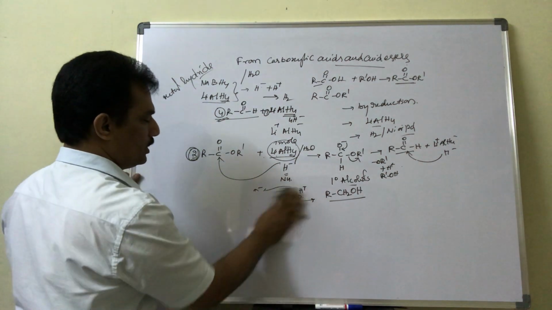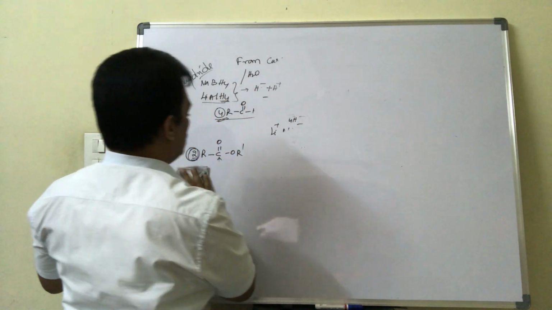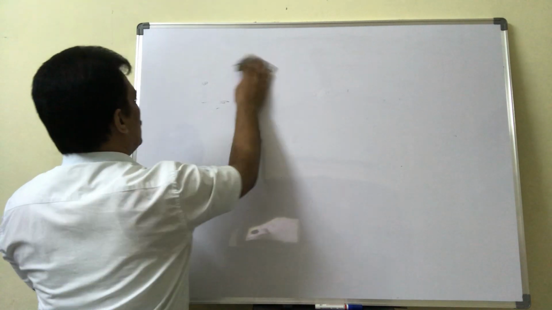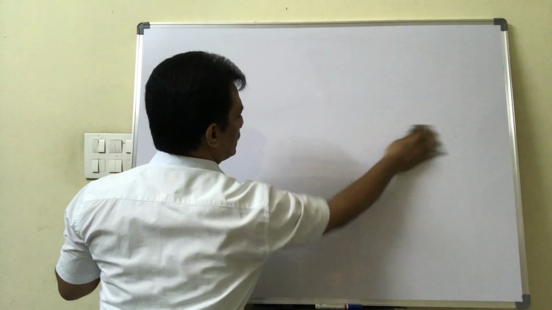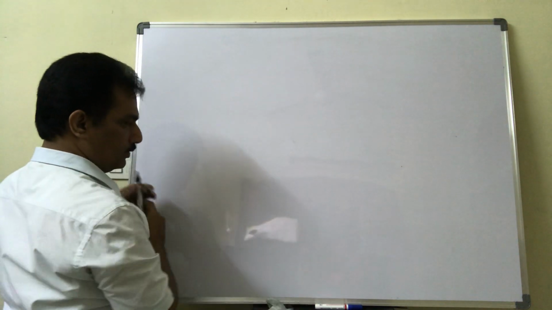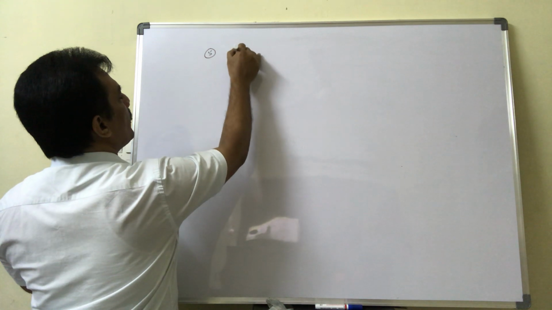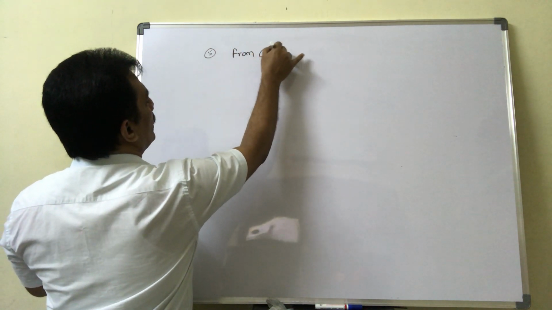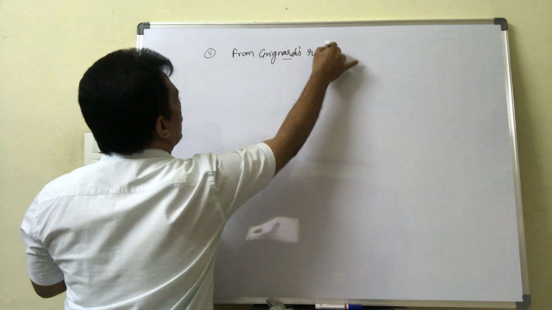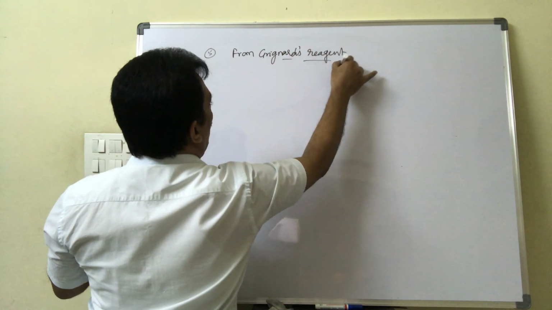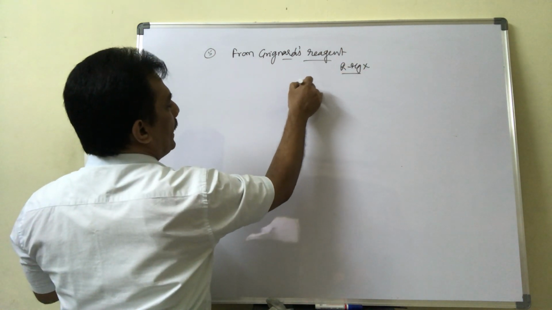That is about preparation from carboxylic acids and esters. And then the last one is one of the substrates we already discussed, it is carbonyl compounds. But here, depending on the reagent, we are using the word from Grignard's reagent. But you remember, Grignard's reagent, RMgX, is not the substrate here. The substrate here is by